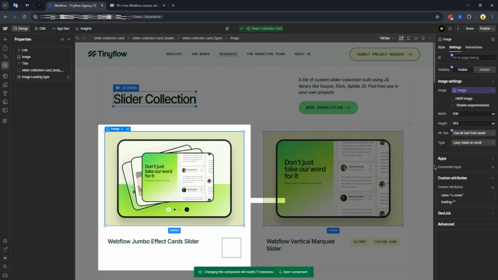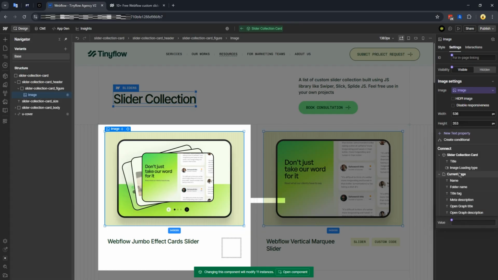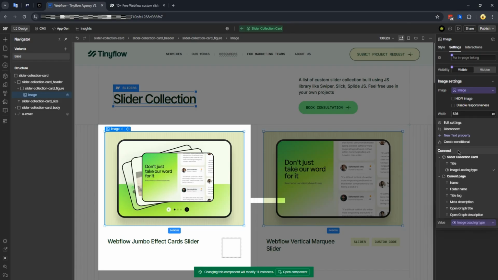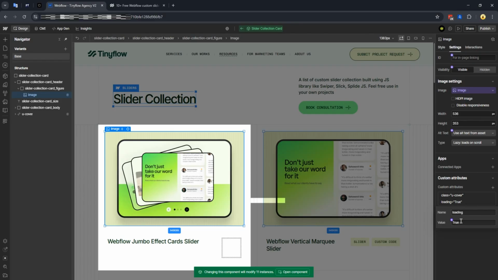Now, let's go ahead and connect it right over here in the attributes panel. Now, you might be thinking we just map it directly, but no. If we just connect the switch, it outputs true or false. And we definitely do not want true, false. We need it to literally output lazy or the word eager. So to fix this, instead of a direct link, here is the secret sauce. Let me just disconnect that first. See that true? Yeah, we don't want that.